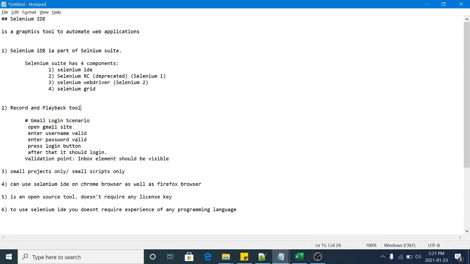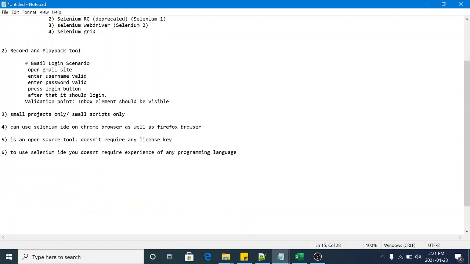Selenium IDE is an open source tool. Okay, if you want to work with Selenium IDE, it doesn't require any license key. It is totally free. And the next point is, to use Selenium IDE, it doesn't require any experience of any programming language.